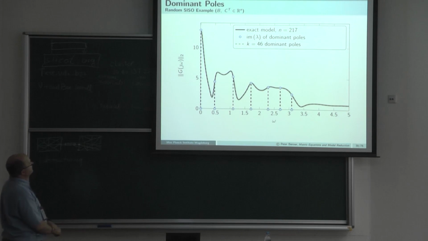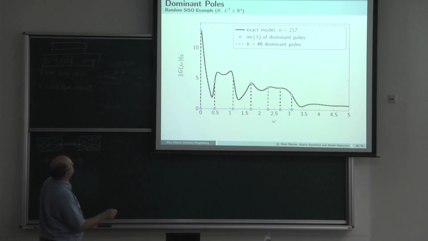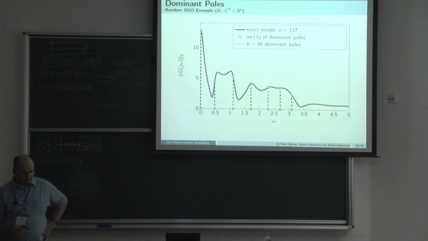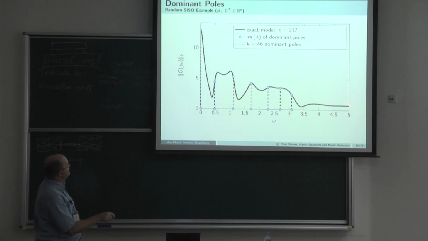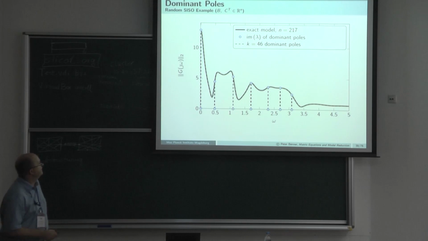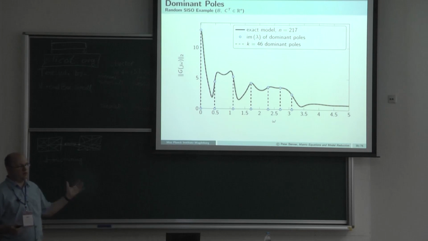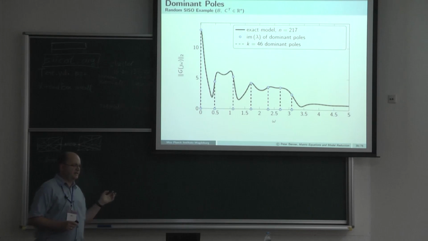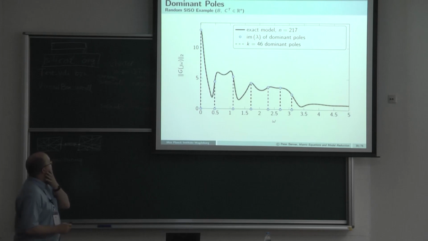And if you choose these 46 of these dominant poles, that's what you have to do in that model, you get an exact matching. I mean, it's not exact, but in the eyeball norm, it's good of this function. So you have reduced from 217 to 46. This is not really impressive, but